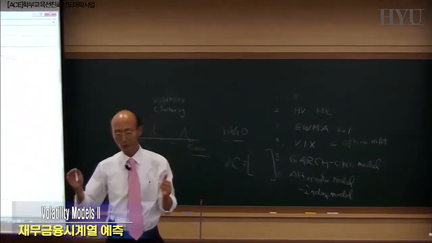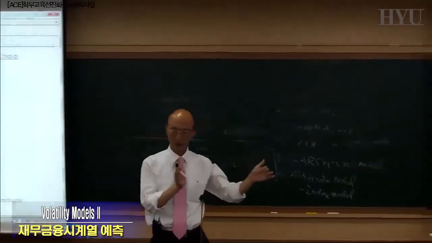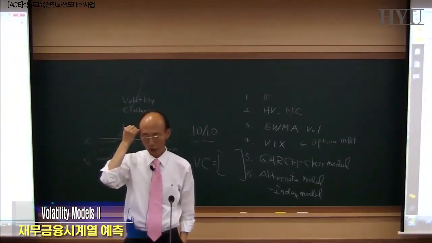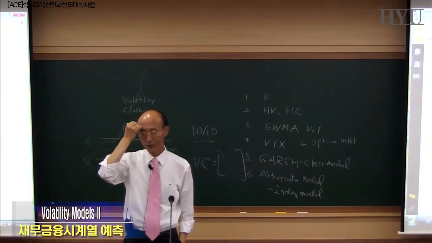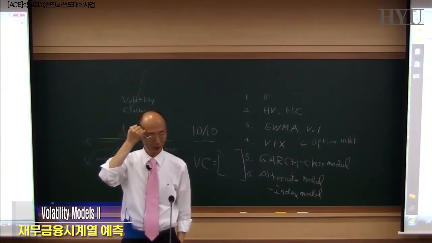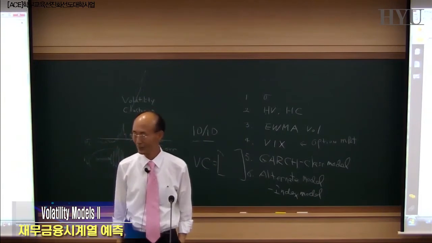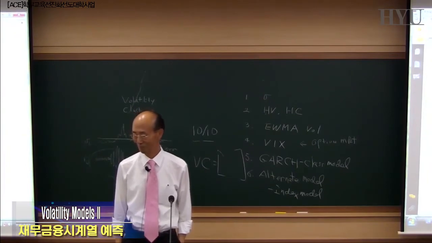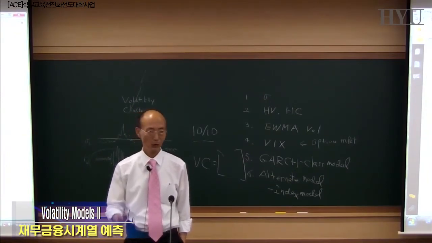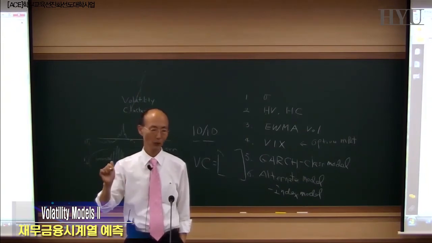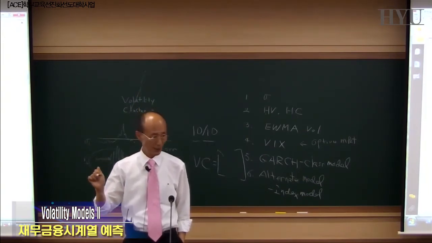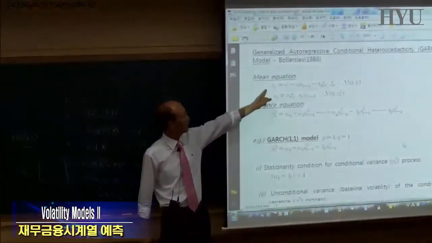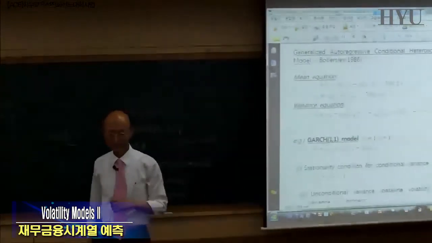So the thing is, I was exposed to those materials, but didn't have enough time to go through every detail. But the first question in my field exam was: prove or derive the test statistic for the presence of ARCH effect. So the question was proving or deriving the formula for the test statistic that actually tests the presence of this kind of effect in the data. So it's big.